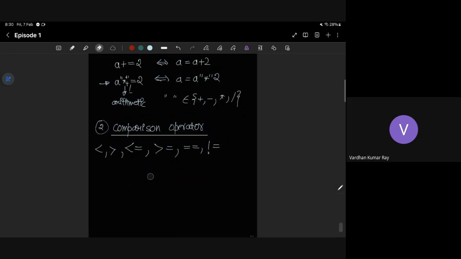Then I have logical operators. I think somebody was writing logical operators in the chat. There are a lot of logical operators, but in Python, what I currently know are just and, or, not. So does anybody know the precedence?